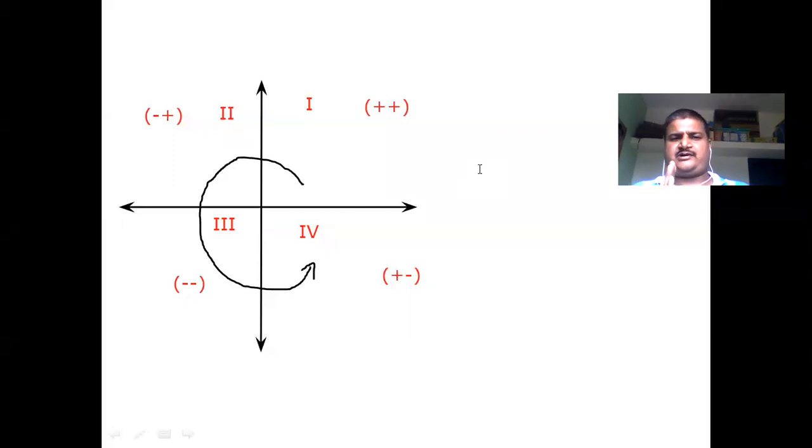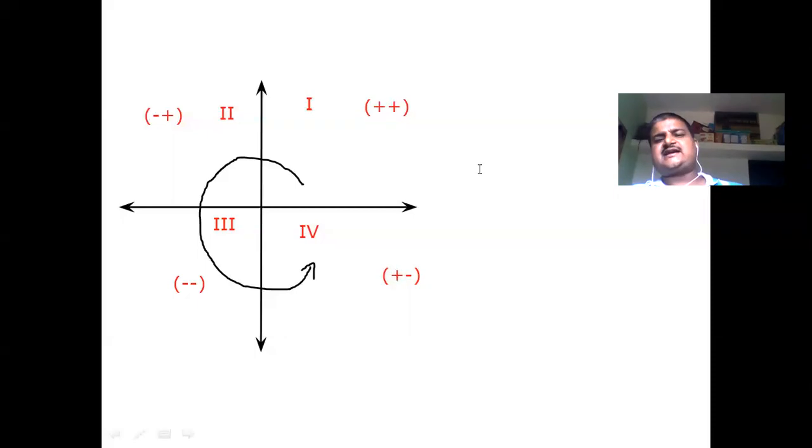मैथमेटिकली अगर मैं आपको एक पॉइंट देता हूं -2 -3, तो वो कौन से क्वाड्रेंट में आएगा? Third quadrant. Exactly. If I provide you the point 2, 2, first quadrant. If I provide you the point -10, 5, second quadrant. And if I provide you the point +25, -15, fourth quadrant. Exactly, it will lie in the fourth quadrant.